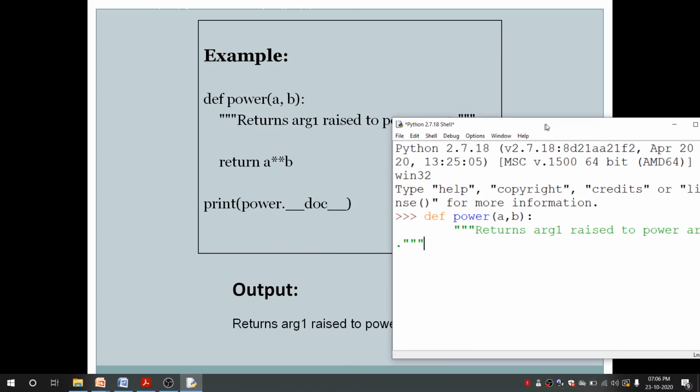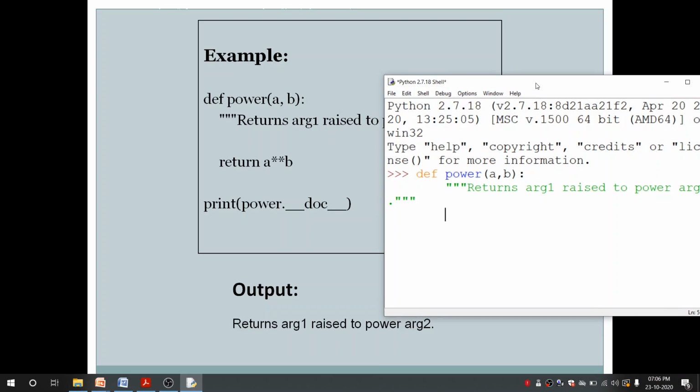Okay, then the next line is return a into b. Okay, that's it in the function.